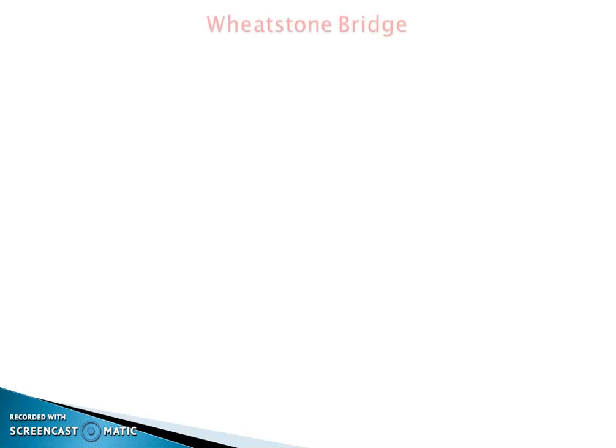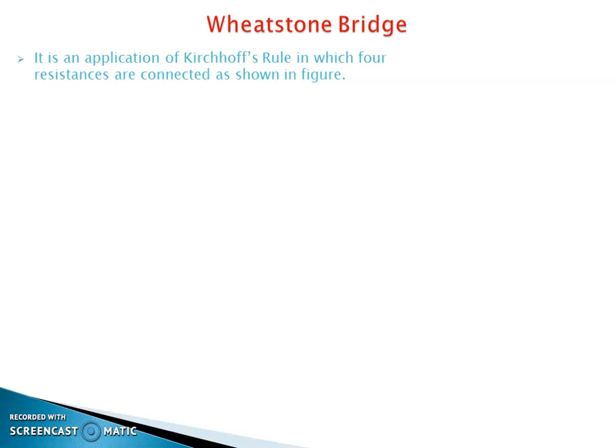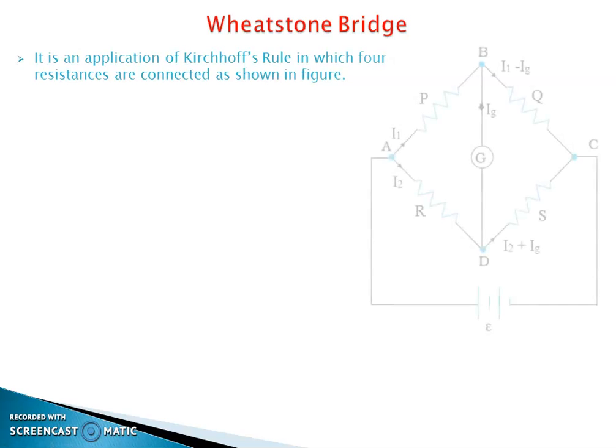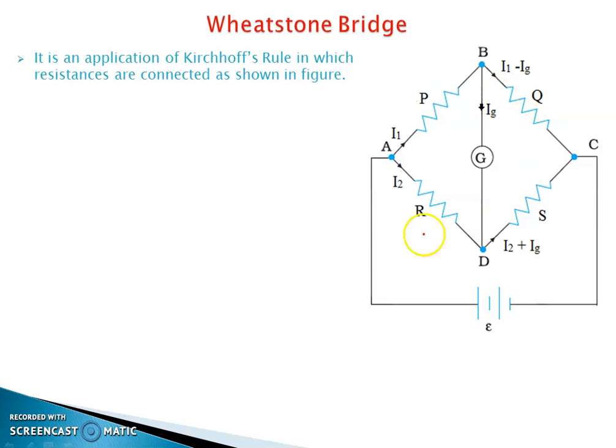and the first topic of this lecture number 5 is Wheatstone Bridge. Now see, this is a network. This network is called Wheatstone Bridge. Four resistances are connected along the side of a quadrilateral in which one diagonal is connected with galvanometer and another diagonal connected with the battery, right? So this is along the diagonal, but we are placing this cell in this side, right, to avoid the confusion,